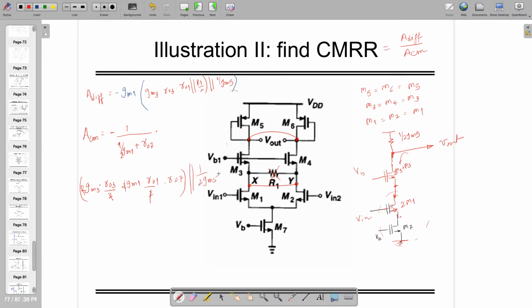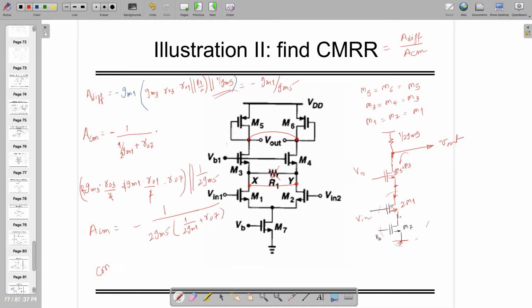Of course 2 GM5 will be winning, so 2 GM5 will go there, and you can write down the common mode gain directly, right? And differential gain also, like GM5 might be winning quantity, so you can write down directly the gain is minus GM1 divided by GM5, and common mode gain is minus 1 by 2 GM5 times 1 by 2 GM1 plus RO7,